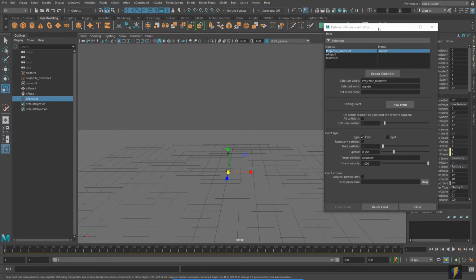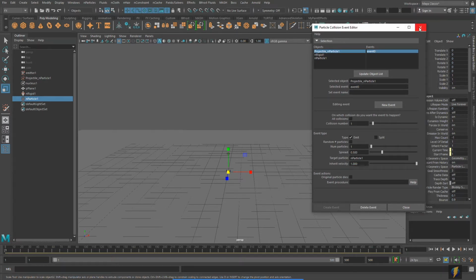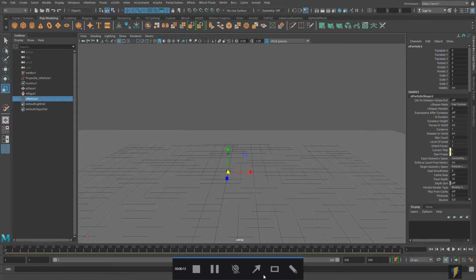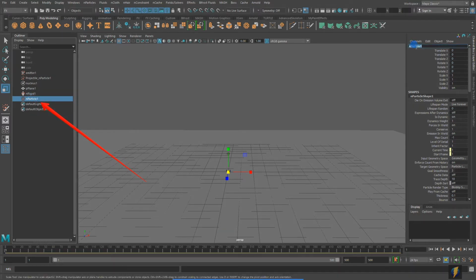I'm going to close the particle collision editor for now. We can go back and open it up again later. But let's work on that second particle system that we now have here. And in fact, I think the first thing I'll do is go ahead and rename that one as well. And we'll call this one burst